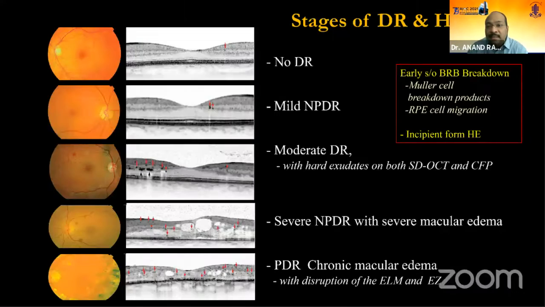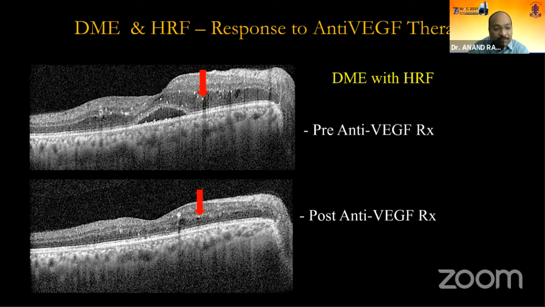Some of the postulates suggested Muller cell breakdown products, RPE cell migration, but what we believe now is it's an incipient form of hard exudate. So here you have an example of HRF in DME improving and regressing with anti-VEGF therapy. So it's considered a nascent form of hard exudate. It's almost considered like subthreshold disease, signals BRB breakdown, and in AMD, it's the first to resolve and the first to recur in a relapse. In DR patients, we can see